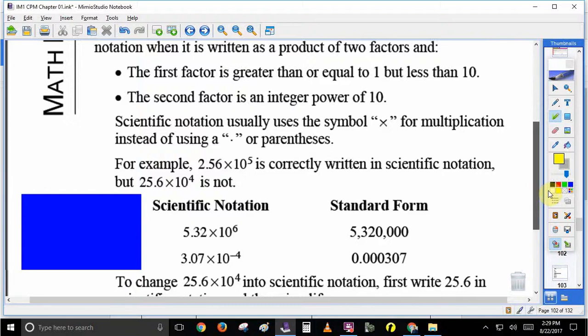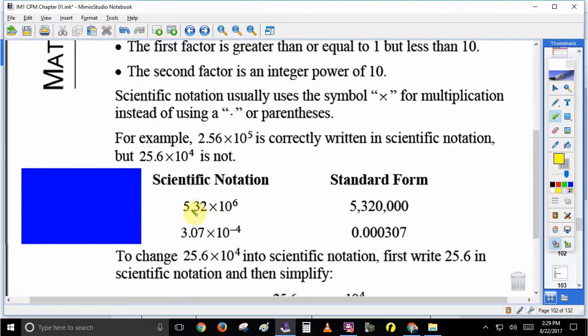All right, so here's a couple examples of scientific notation. 5.32 times 10 to the sixth is the same thing as 5,320,000. 3.07 times 10 to the negative fourth is the same thing as